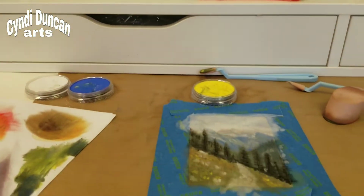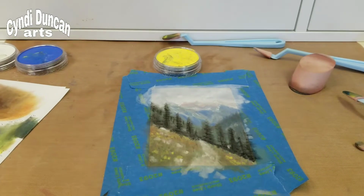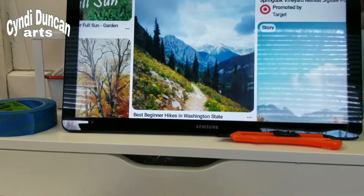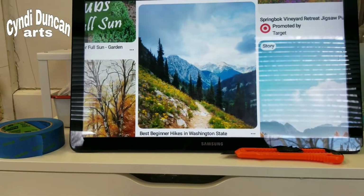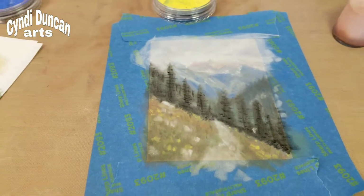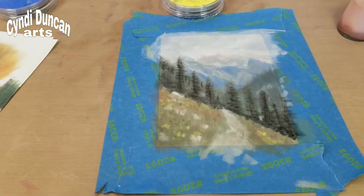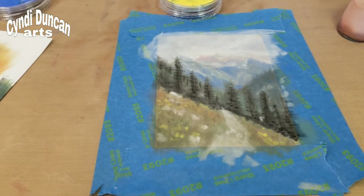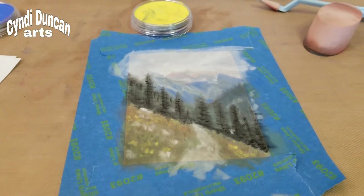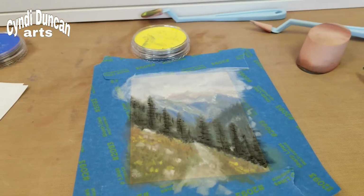So again, I'm trying to give the suggestion of what I see up here. I'm not trying to do a photorealistic painting by any means, but I am really pleased with the pan pastels. So I think this is going to be a very fun medium to play with. I also picked up, and I probably showed you that at some point as well,